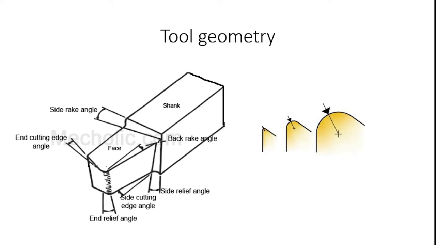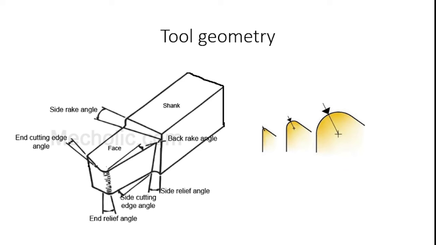When we machine highly ductile or soft material, the workpiece material automatically binds with the tool material due to the adhesion property of the material. This angle also distributes the cutting force and heat produced over a large cutting edge. So a large cutting edge. Then side relief angle.